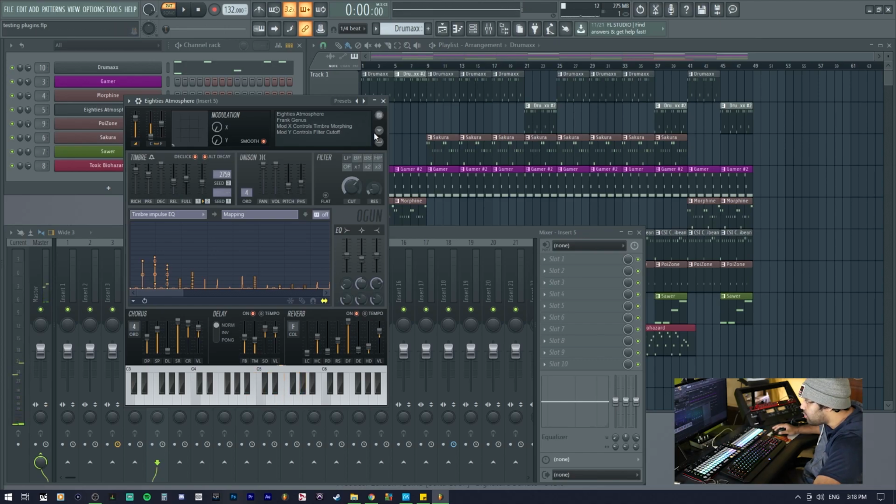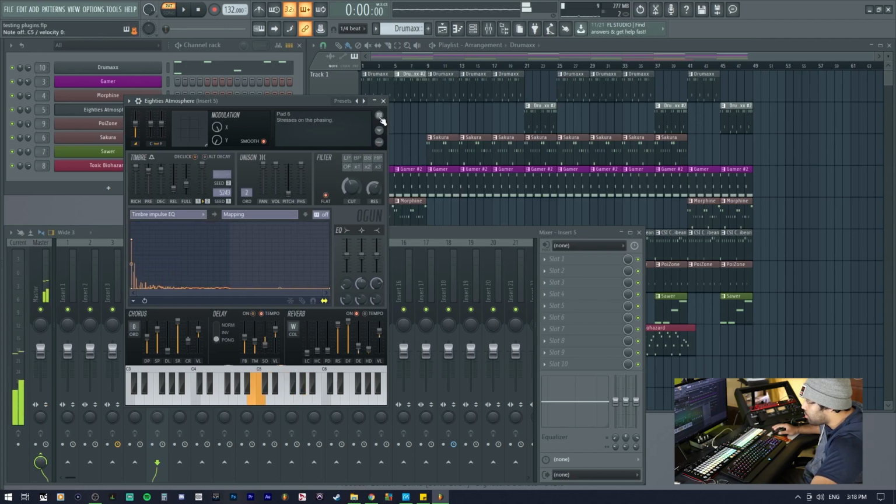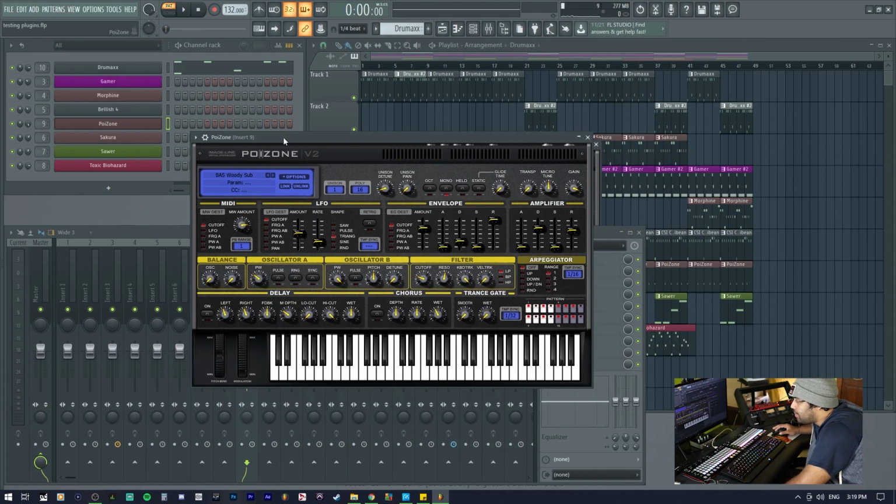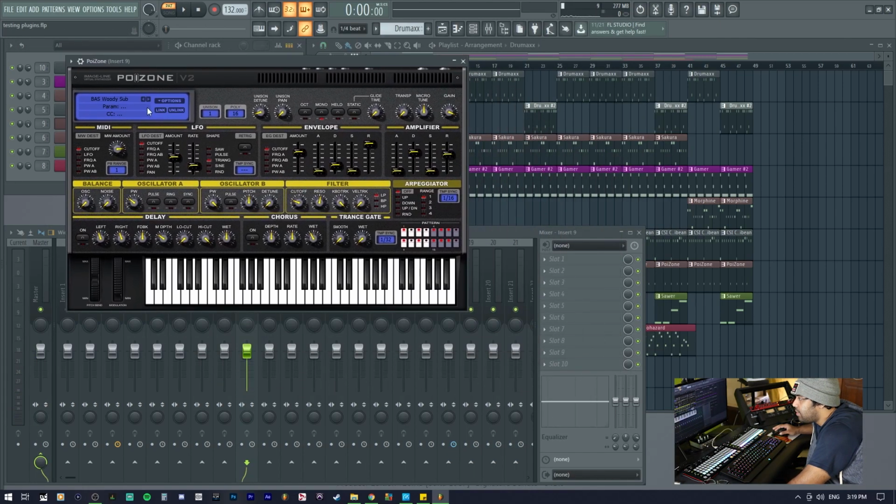I haven't showed y'all this, have I? But there's a shake the dice. Pretty much random. Cool, right? Next up we got Poison. This is like a little synthesizer in itself. This is so sexy. I mean the sound quality sounds so sexy.